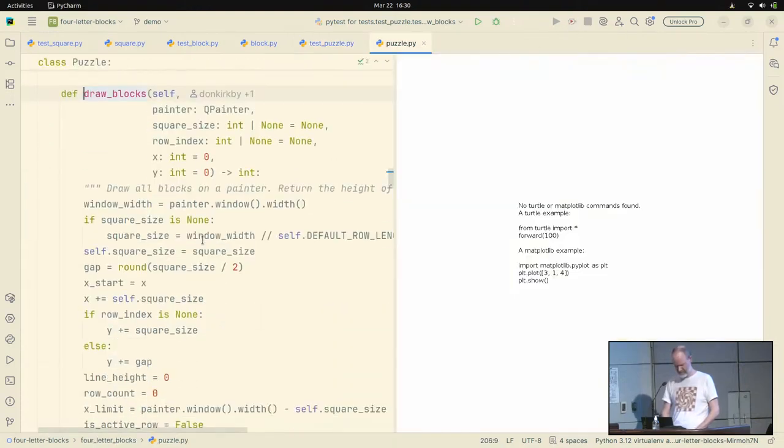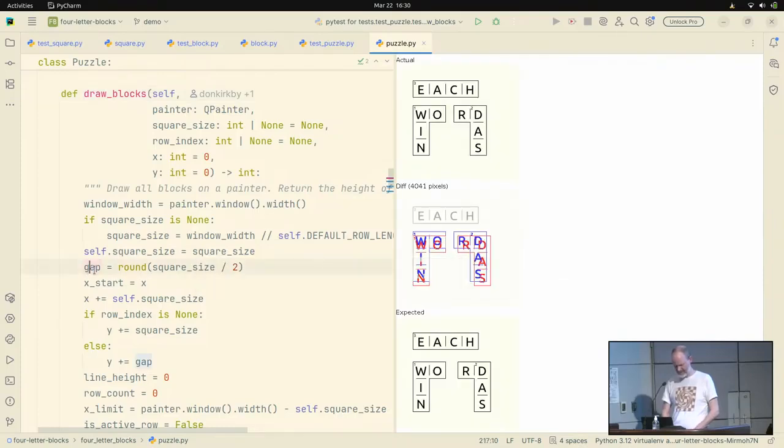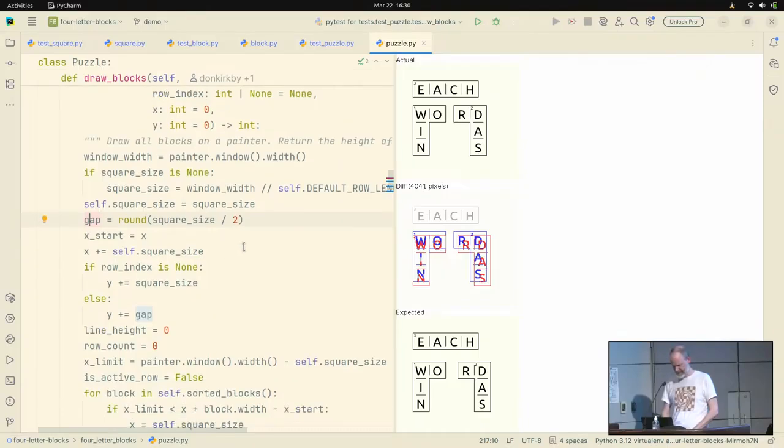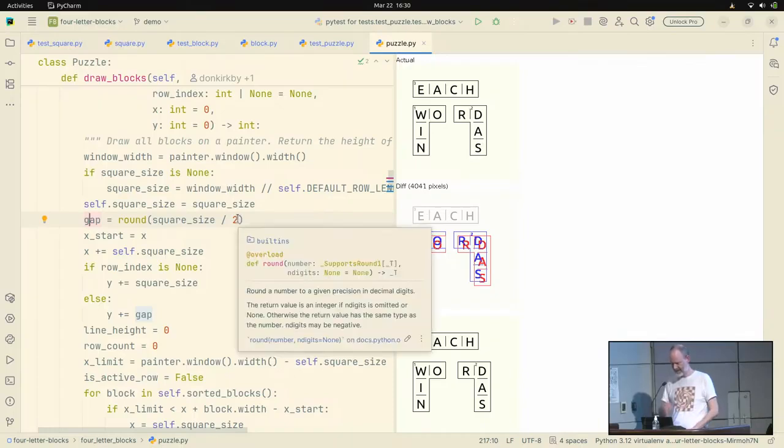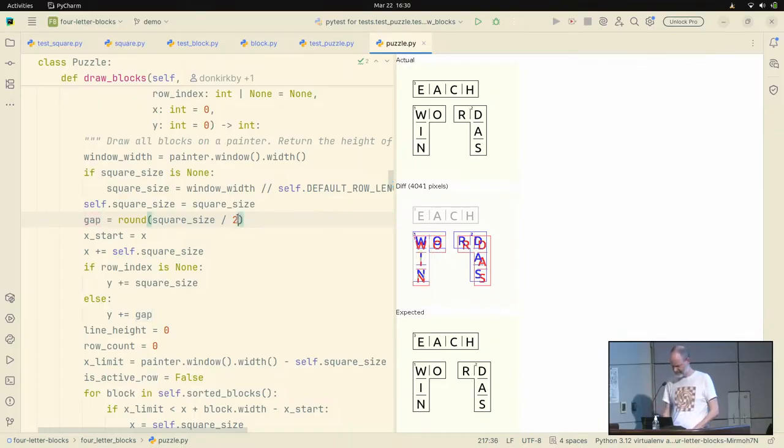This time we got a little bit luckier. I see there's a gap variable. Maybe that's helpful. So I want to make this a little bit bigger. It's divided by 2. I find it more intuitive when I want to increase the gap to use multiplication instead of division. I could divide by a smaller number, but let's say times 0.5. Okay, so that's unchanged. So let's go a little bigger because we want a bigger gap. Okay, getting closer. 0.7,